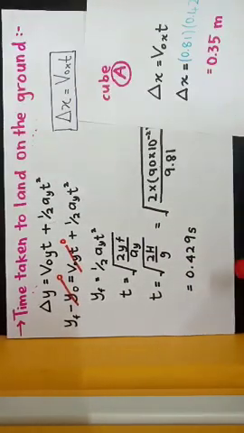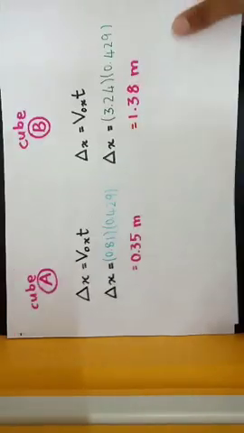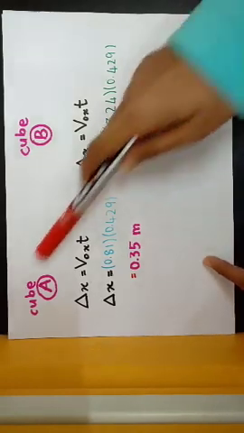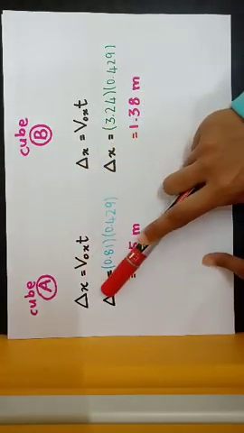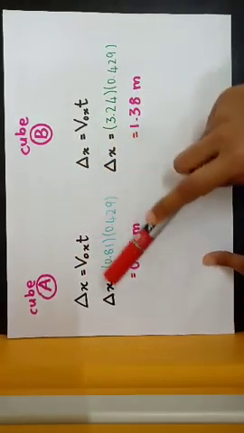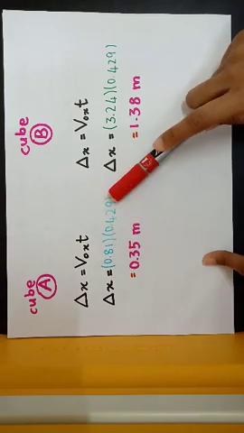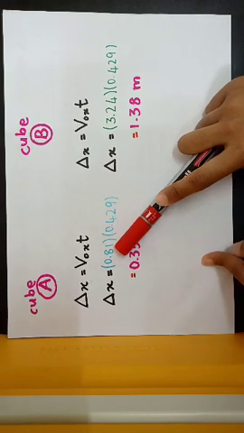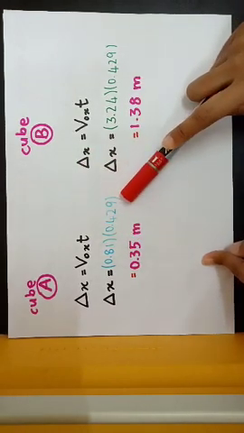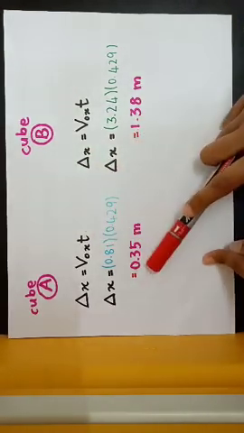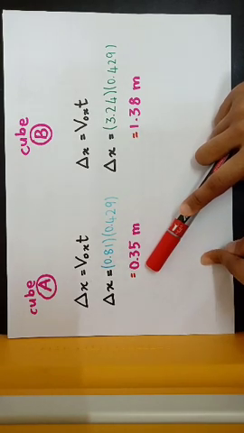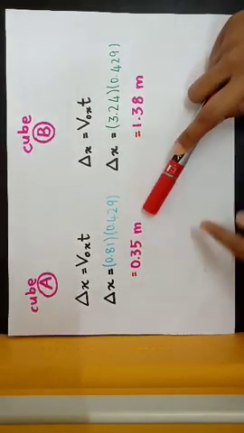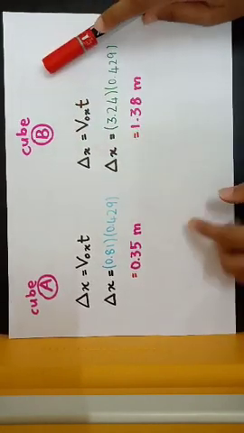Okay, after we have the time, we can find the distance. So the distance, where does each cube land? For cube A, we use this equation, delta x equal to V naught x t. So delta x equal to V naught x t. We just substitute the V naught x, which is 0.81, while t is 0.429. So we get the distance for cube A. So cube A lands at 0.35 meter on the ground,